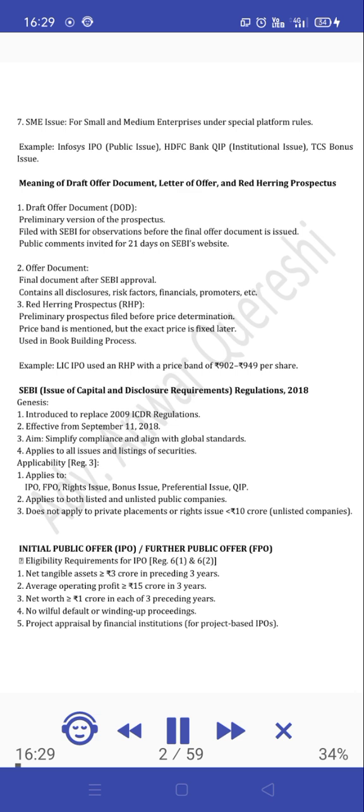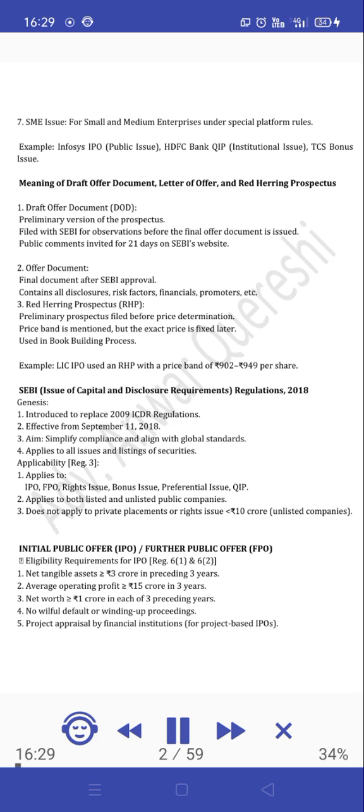2. Offer document. Final document after SEBI approval. Contains all disclosures, risk factors, financials, promoters, etc. 3. Red herring prospectus, RHP. Preliminary prospectus filed before price determination. Price band is mentioned, but the exact price is fixed later. Used in book building process. Example. LIC IPO used an RHP with a price band of 902 rupees